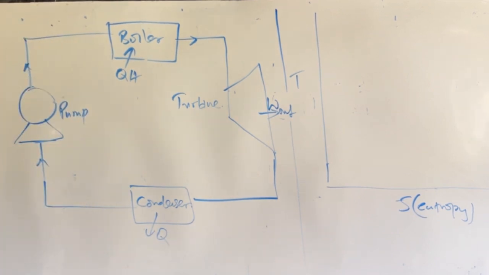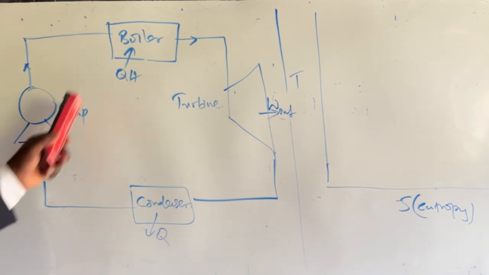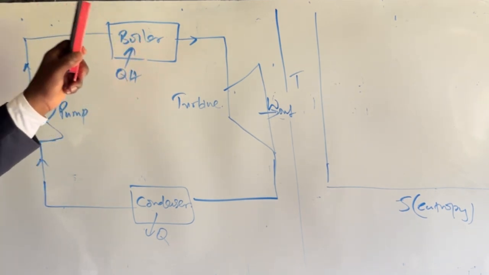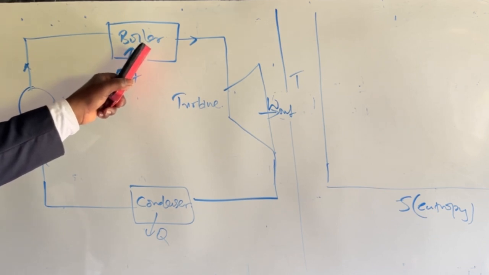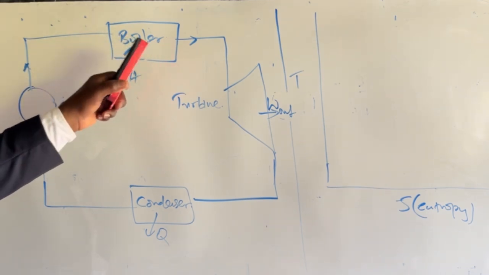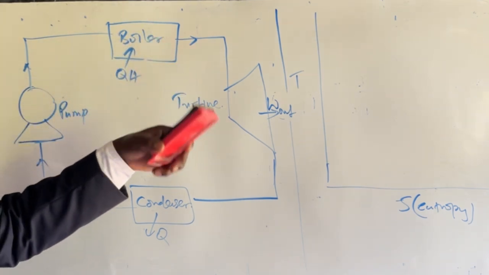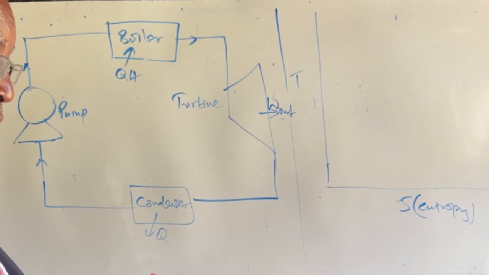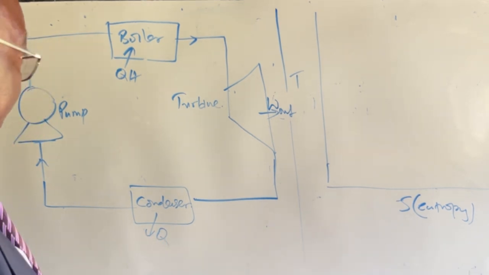It's work outputted from our turbine. So we have the pump, which pumps water from low pressure to high pressure to the boiler. In the boiler, the water is heated. It can be heated completely into steam, or maybe into wet vapor. In other words, it will be in the region where there are still some droplets of water in the continuous stream